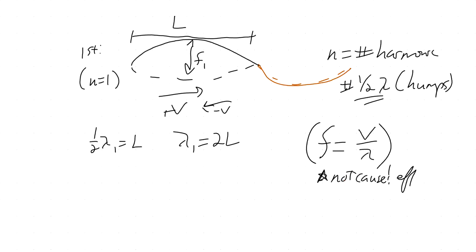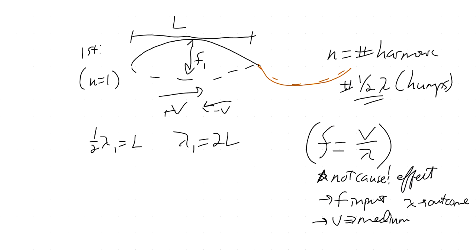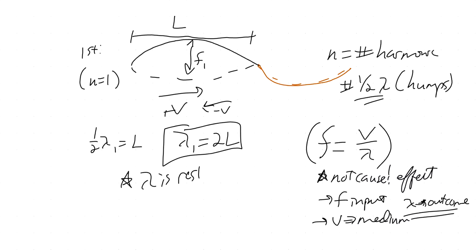The rules still apply. F is still the input. V is still dependent on the medium, right? And lambda is still the result, the outcome, right? But what we're doing now is we have to restrict lambda so that it resonates in place. So lambda is restricted by L